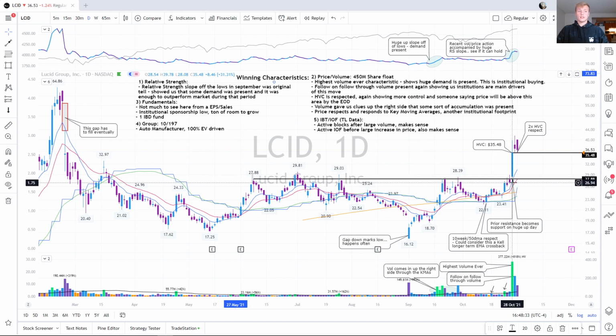And the cool thing, a little nuance about this highest volume ever day, is that it touches this 2788 high. The low was 2808. So you get pretty close to a gap and go over this line, but impressive how prior resistance turns into support. So that pretty much covers everything in terms of